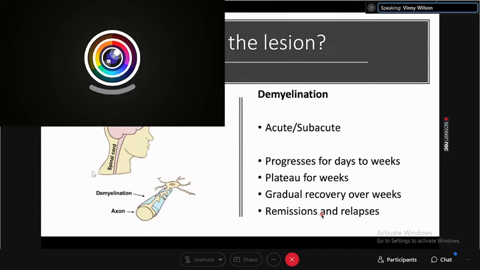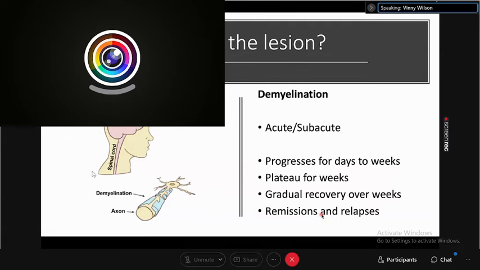Another important aspect of demyelination, and a very important clue, is the presence of remissions and relapses of neurological deficits. So if there is a history that 3 years ago the patient had a similar kind of weakness on the left side, then you know that this is likely to be a demyelinating lesion,